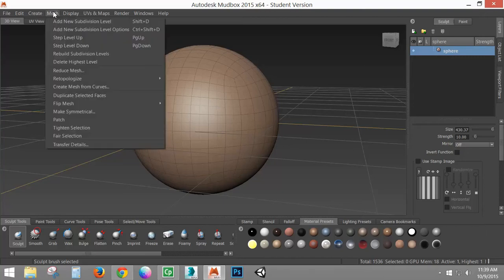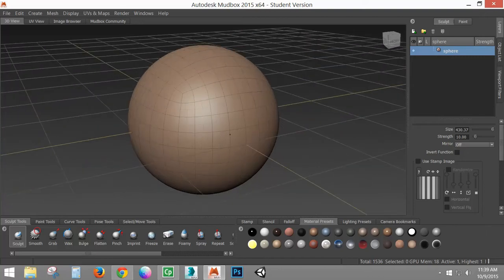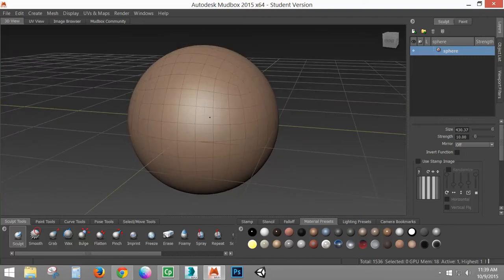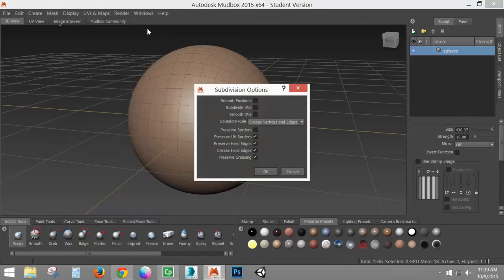But over on the mesh that we have here, if we look at this, you can see the polygons that make up this mesh, and what we're able to do is add a subdivision level. So we can see that is Shift D. We also have options for these subdivision levels, and if I click that,